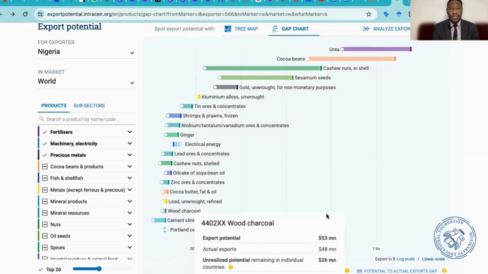Alhamdulillah, we thank Allah. Export brings in a lot of foreign exchange reserve, especially non-petroleum export, and that's why an organization like the Nigerian Export Promotion Council is there. You can visit the office of the Nigerian Export Promotion Council for more guidance if you're interested in exporting any of the products that we have listed in our study guide. These are some of the things that you need to be aware of.